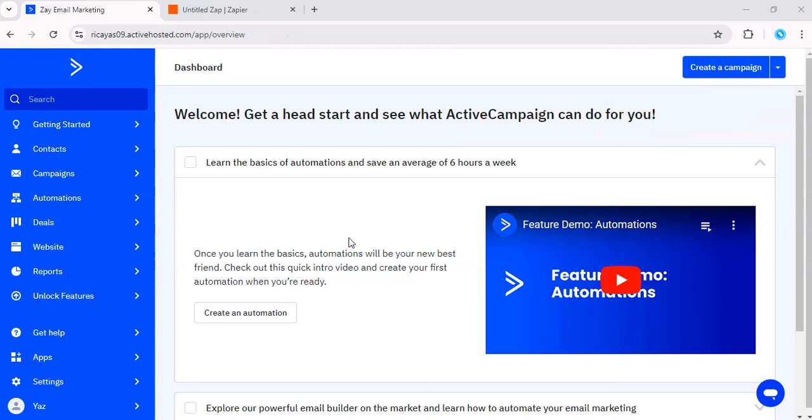All right, so this integration is perfect for anyone looking to streamline their lead capture process and ensure no contact